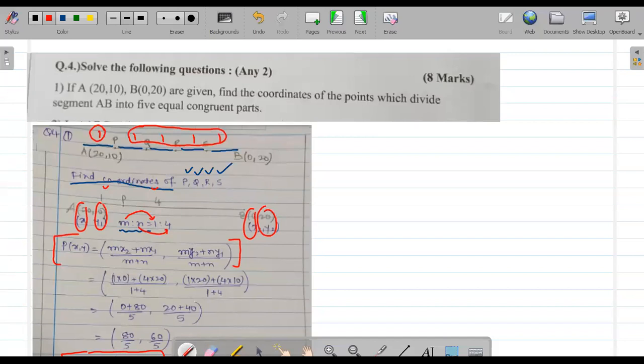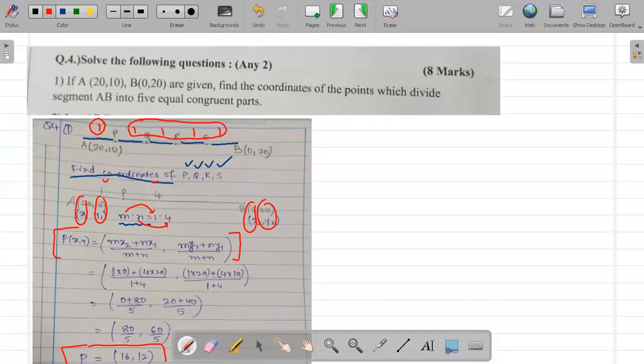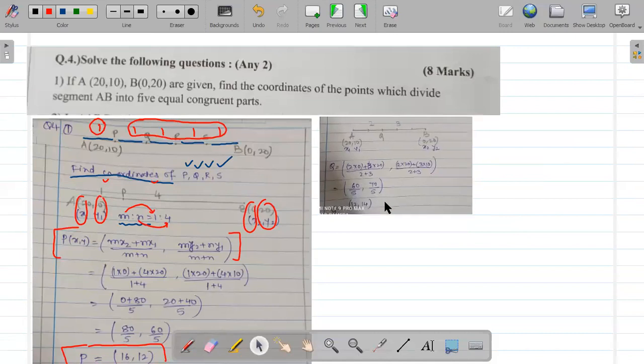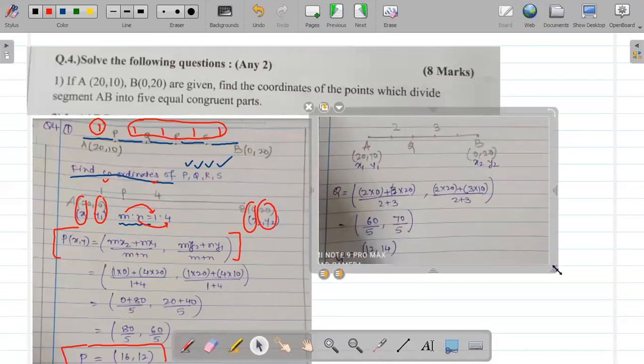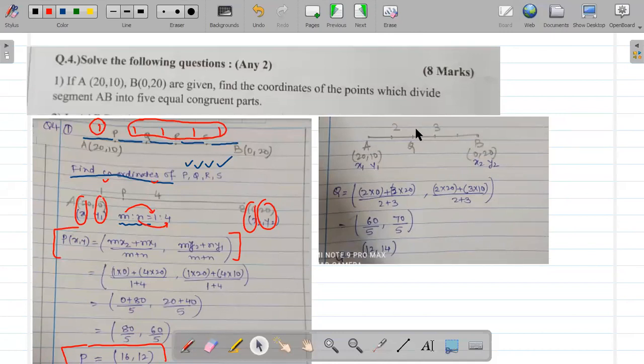Then we move on to find the value of Q. So always try to repeat the diagram. It really doesn't matter how many times you are drawing it out. Your level of understanding should be clear so that you solve it systematically and clearly, correct? I have drawn this diagram once again with just one point Q here. When you look at the point Q this time, it is 1 1 1 1 1 over here. On the left-hand side there are two ones, that is a 2, and on the right-hand side there are three ones, that is a 3. That gives you the ratio 2:3.